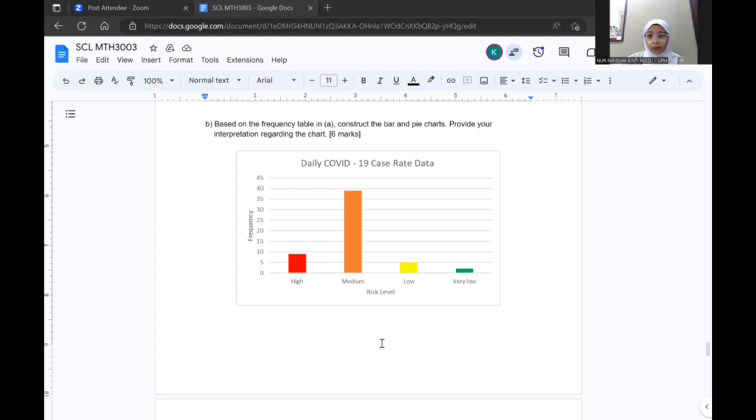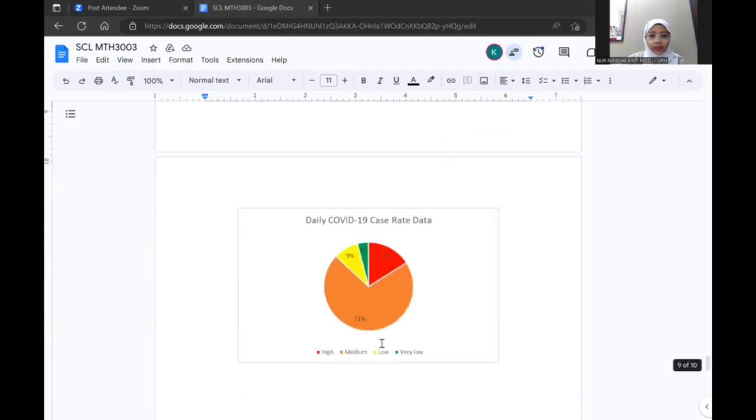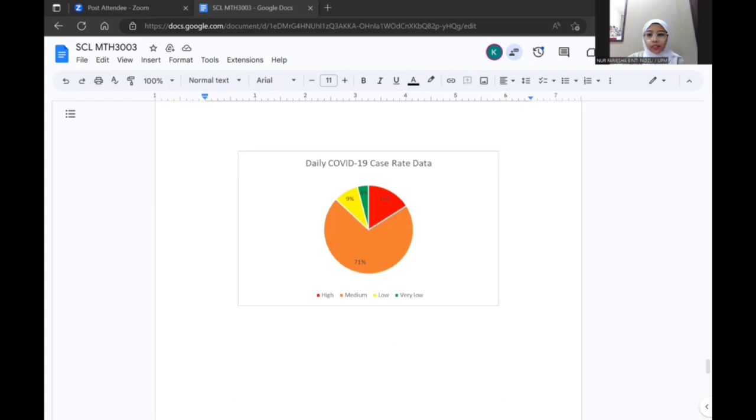Meanwhile, for the pie chart, each proportion in the pie uses the percentage of the total. As a whole, both bar chart and also pie chart show the differences of frequency by the height of the bar and the size of each slice of the pie respectively. Therefore, we can interpret that